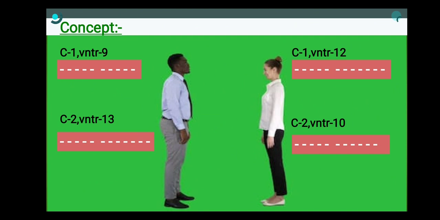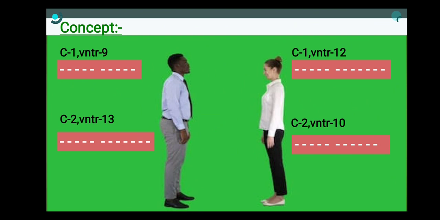the sequence which is also present in the man is the sequence present in the woman, but its repetition varies. As we can see in the picture, it is repeated 12 times in the case of woman, and that is why the repetition varies. It is not necessary that the sequence will vary. The sequence can be the same, but the repetition will vary, and that is why it is called